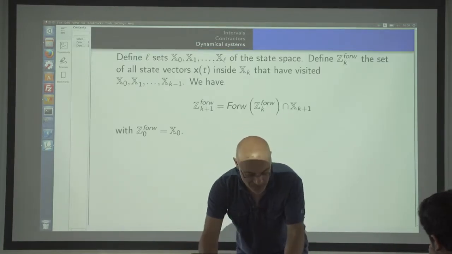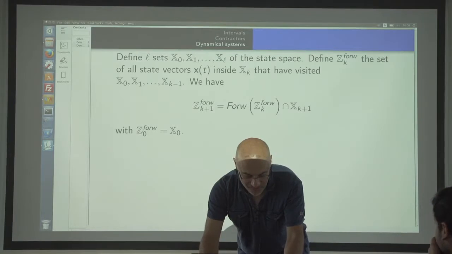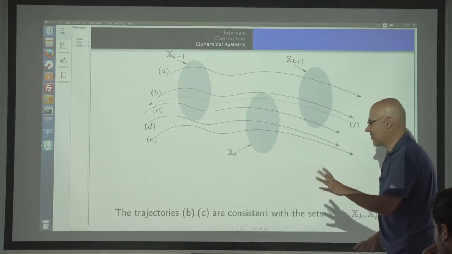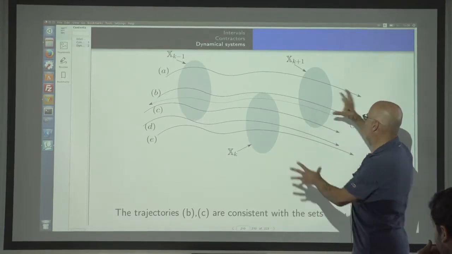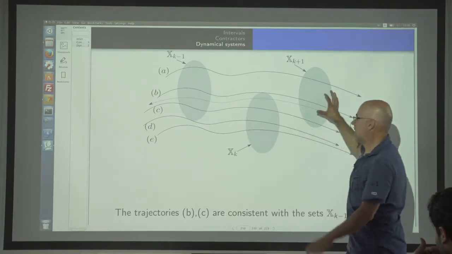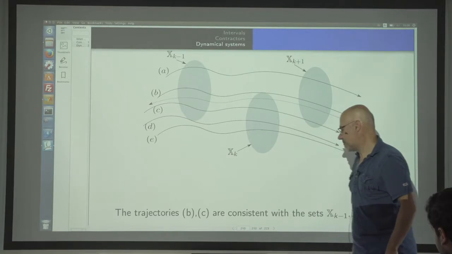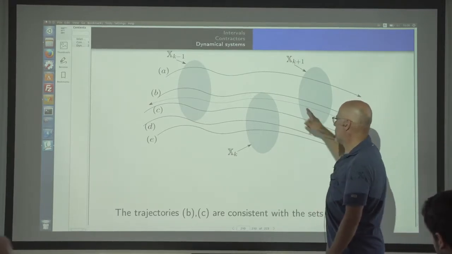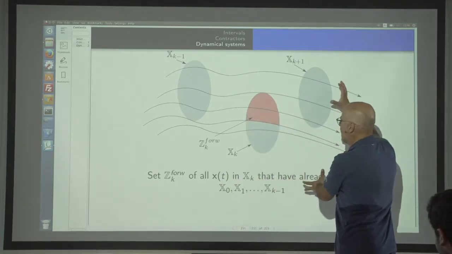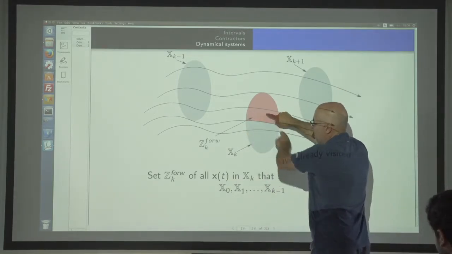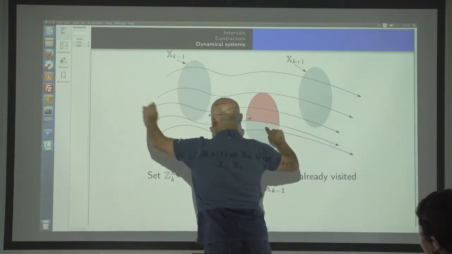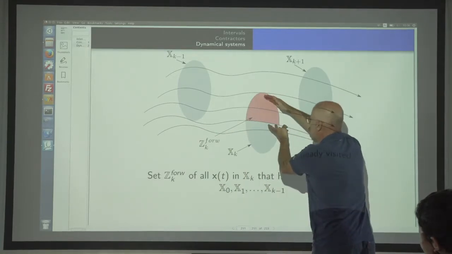So I will try to come back to the Eulerian filter to explain how it works. I try to find a path that visits this one and this one and this one, a set of visit sets. I have to respect the order. So the principle is as follows. Assume that at time k, I have all points inside xk that had visited xk minus 1, xk minus 2, and so on. And I want to do the same here.